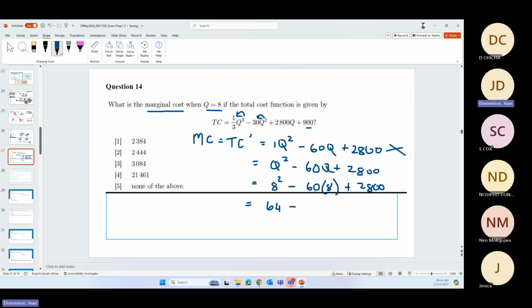That gives us minus, so 60 times 8, minus 480, plus 2,800. 64 minus 480 plus 2,800 gives us 2384. Okay, so this one, they wanted us to differentiate and then use the